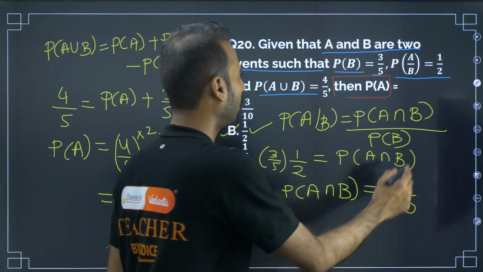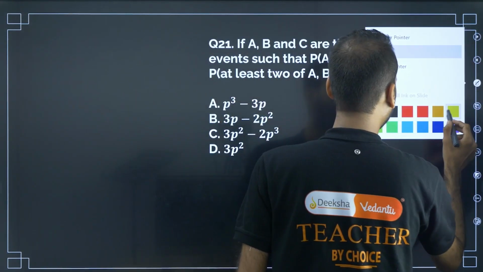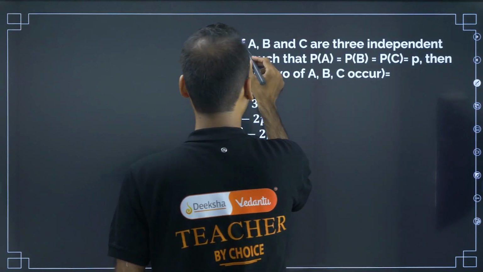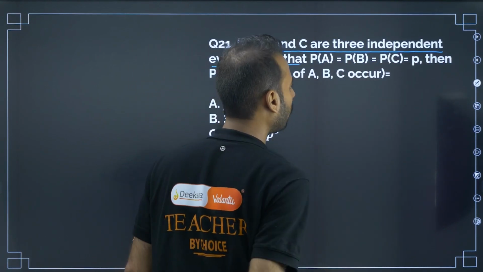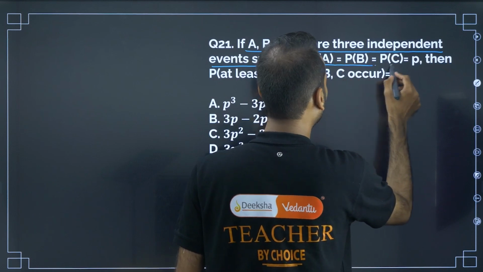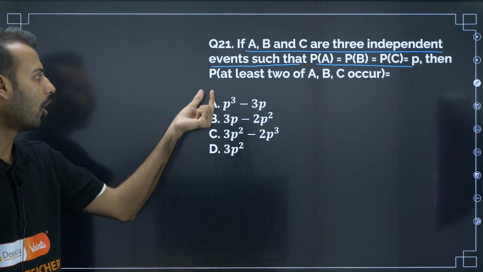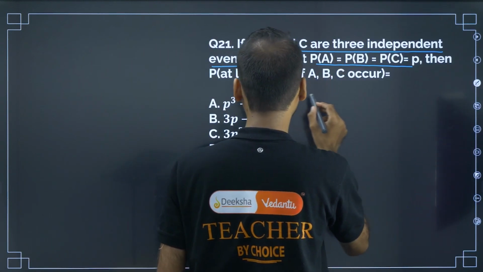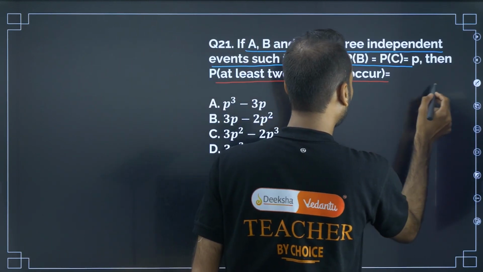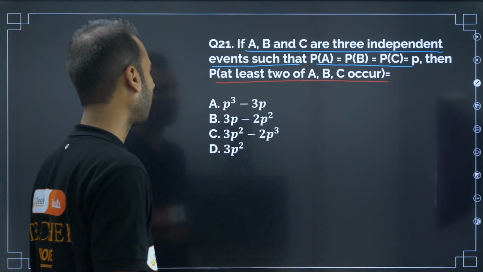Moving on to next question. A, B, C are independent events such that P of A is equal to P of B is equal to some information they have given, they have named that P, then P of at least 2 of A, B, C occur is equal to, what is the question? At least 2 of A, B, C should occur, that means